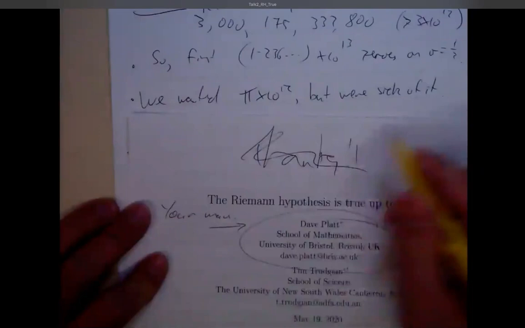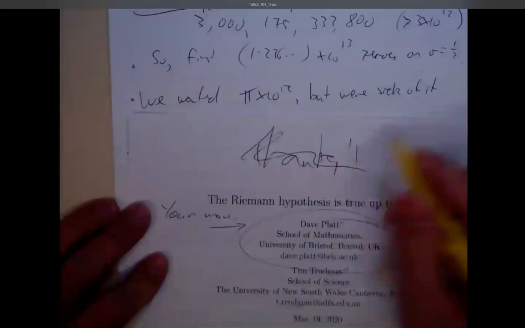The short answer is yes. I won't go back in the slides, but I gave two dates for Dave Platt's work on this. One was his thesis in 2011, one was his paper in 2017. His thesis actually had two main components. The first was doing this algorithm for the zeta function and applying it to counting the number of primes up to something like 10 to the 20 exactly. And the second was doing this arrangement for Dirichlet L functions.